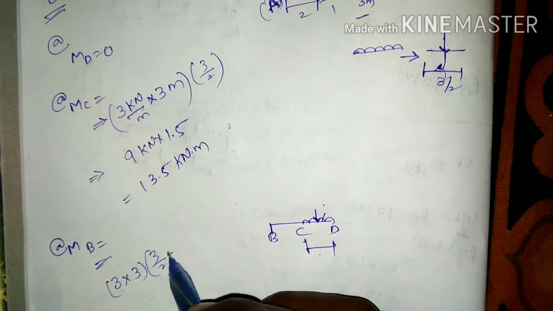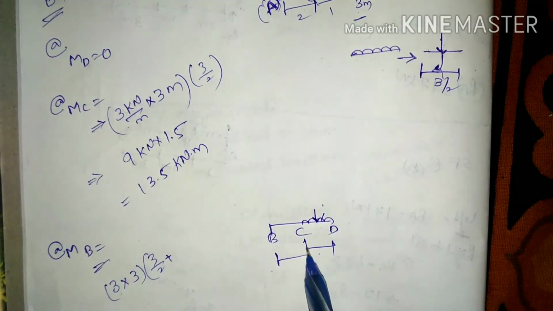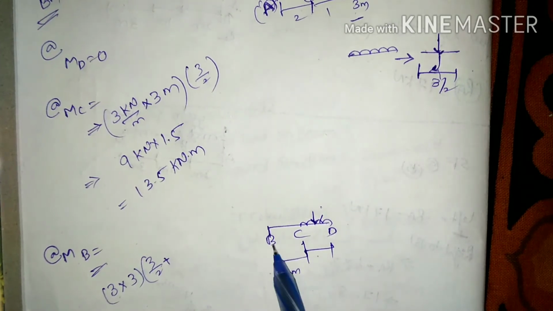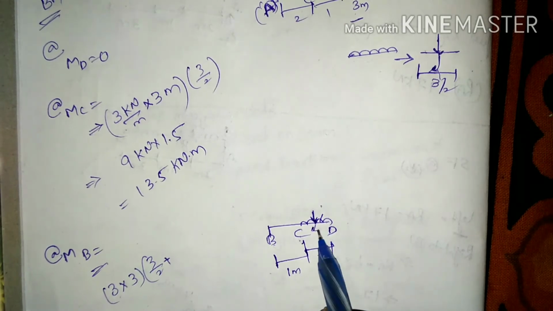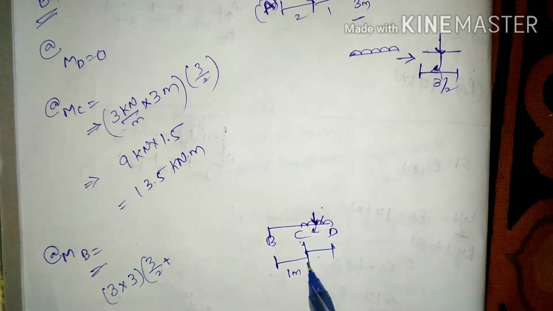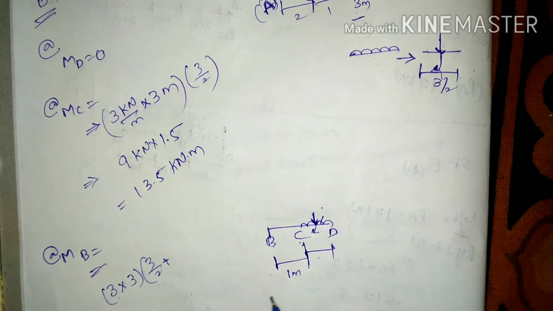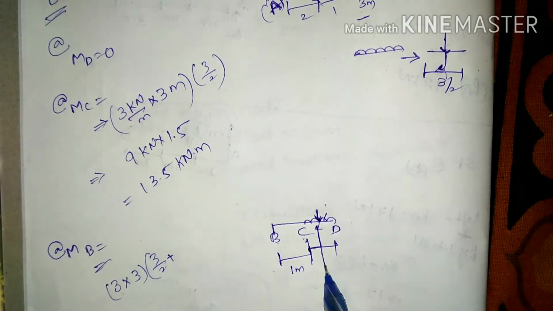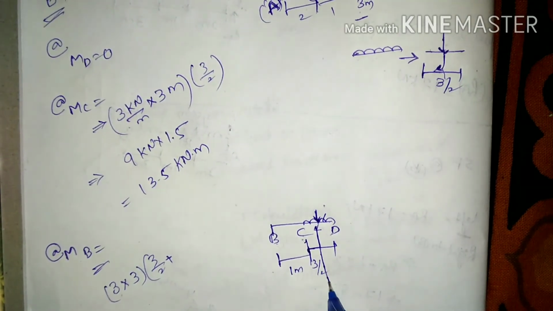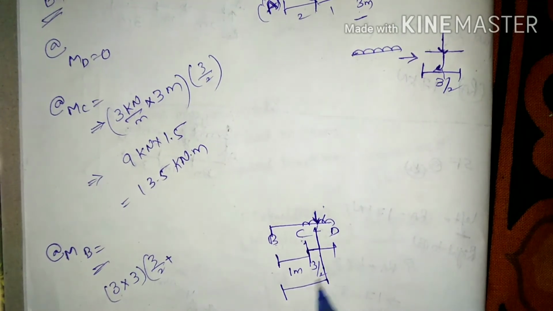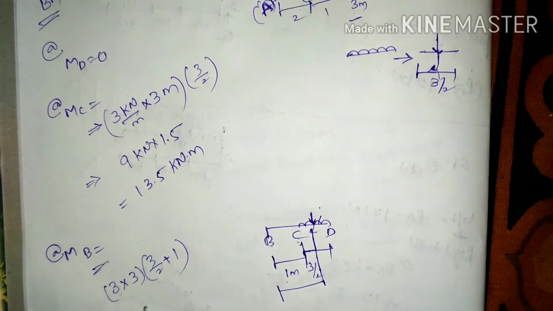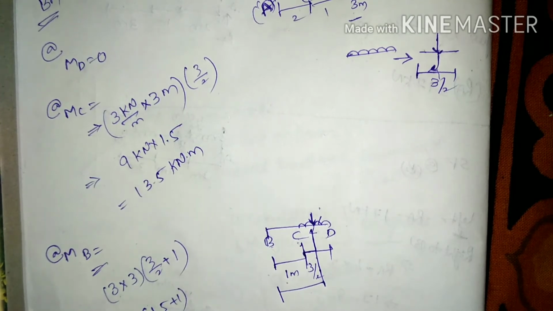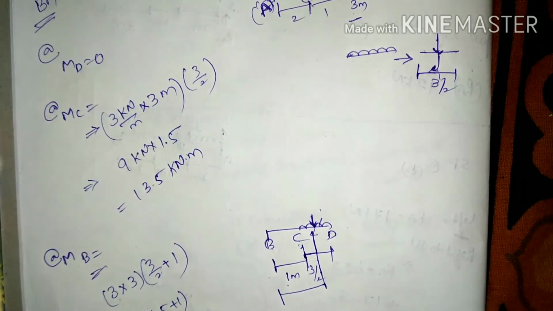Up to B, the distance is 1 meter from B to C, and C to D we take the moment from the 3 by 2 distance, and the distance of 1 meter is added to the 3 by 2 distance. The perpendicular distance is 3 by 2 plus 1 meter, that is 1.5 plus 1, that is 2.5, that is equal to,